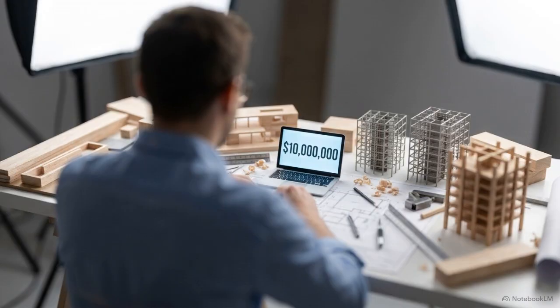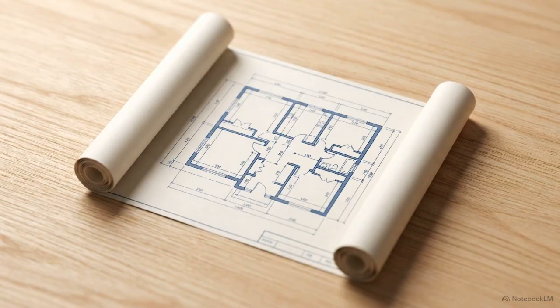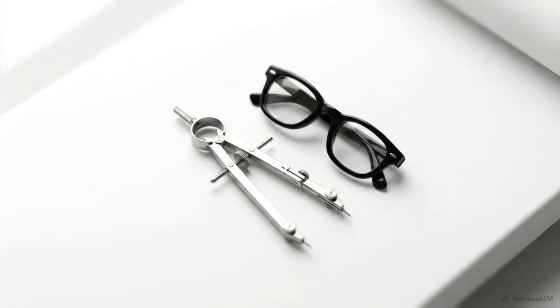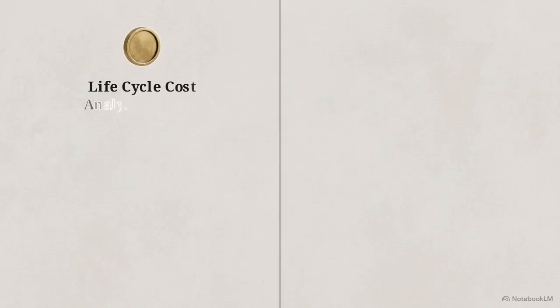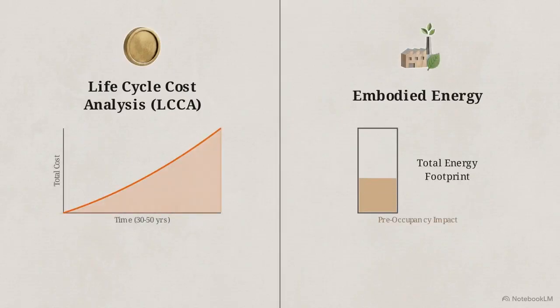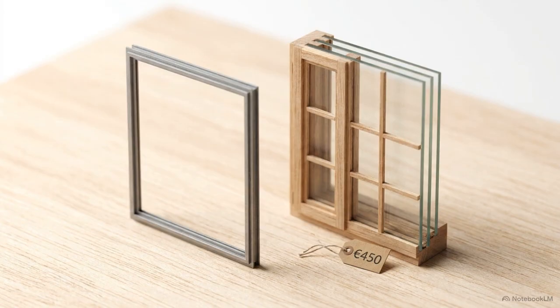Focusing only on the sticker price is a common mistake for new designers. Success on the ARE, PPD, and PDD exams requires a deeper look at how these structures perform over decades, not just during construction. We evaluate this through two specific lenses. We use life cycle cost analysis to track the impact on the budget and embodied energy to track the impact on the environment. Mastering these concepts is about learning to balance immediate savings against the long-term economic and environmental reality